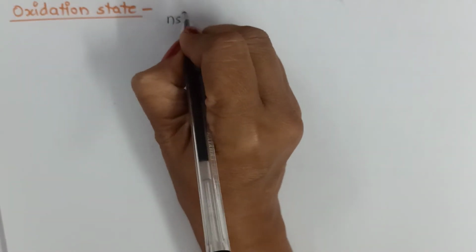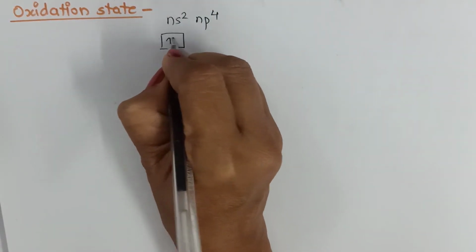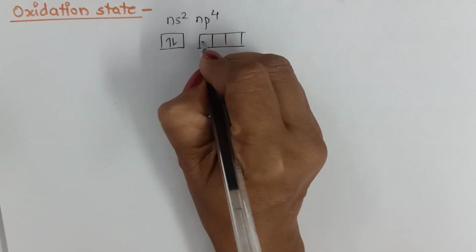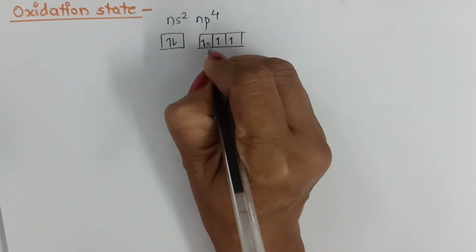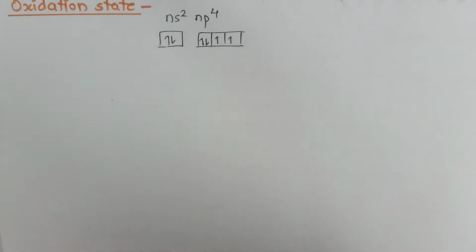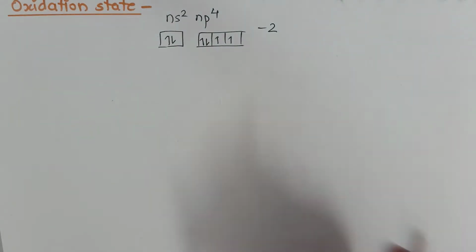We know that group 16 elements show the configuration ns2 np4. If we look at the orientation in px, py and pz, there will be some kind of sharing of electrons. So group 16 elements can show -2 oxidation state as they will accept 2 electrons in these remaining vacant p